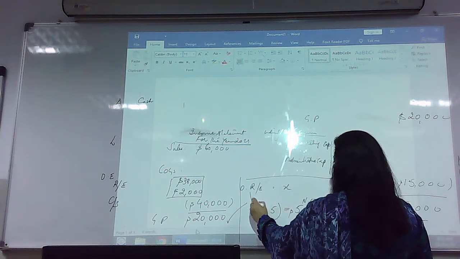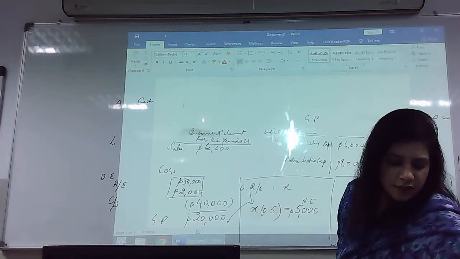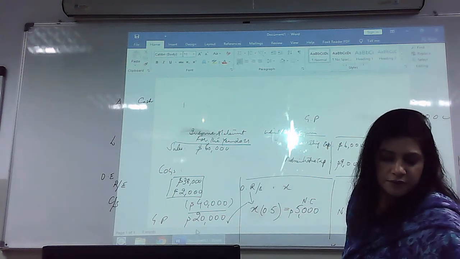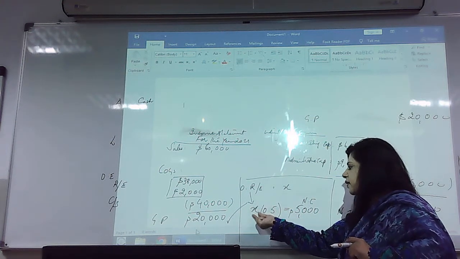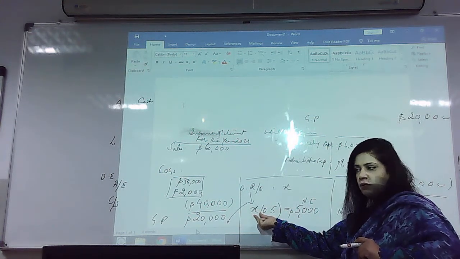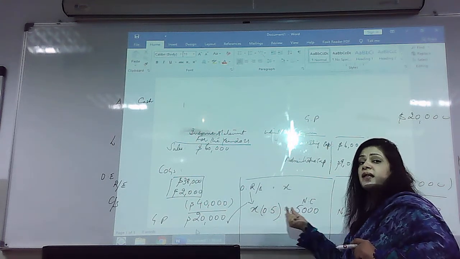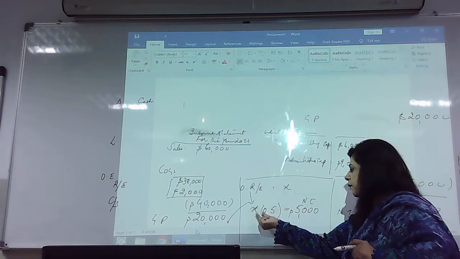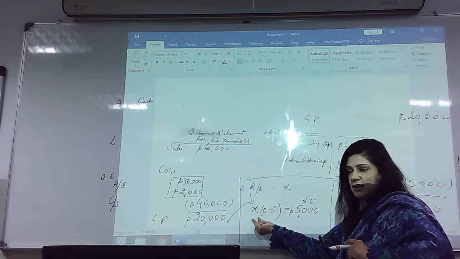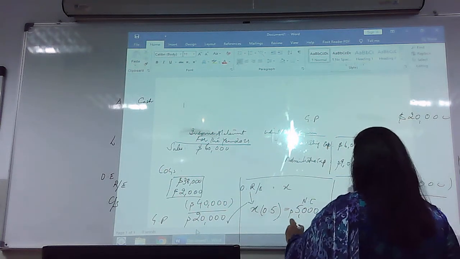This is my retained earnings. The condition is that the retained earnings account increased by 50%. It means that whatever this retained earnings account was, when it increased by 50%, there was net income added to it. That's why it increased 50%. So that means 50% of this retained earnings, which is X, is equal to net income. Therefore, I can say that